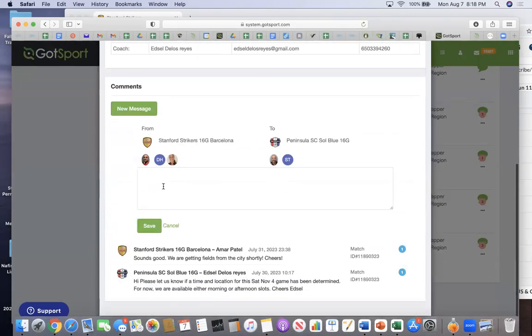And the nicer we are on these chats, usually the better, because, kill them with kindness. If we're going to need to change a game, usually they're a lot more receptive if we're just nicer about it and we offer different times and this and that, because we'll probably need a favor in return at some point. Okay, so I'm going to say, hey, we have an 11:30 time spot,